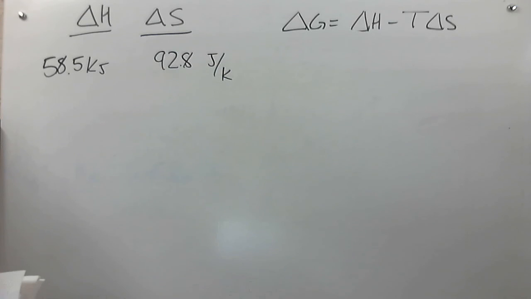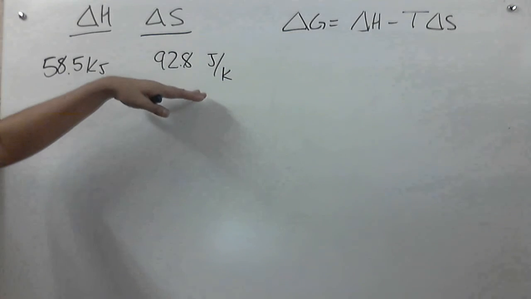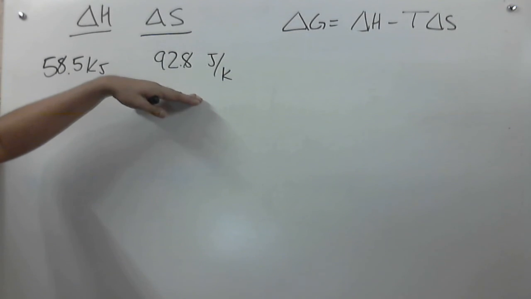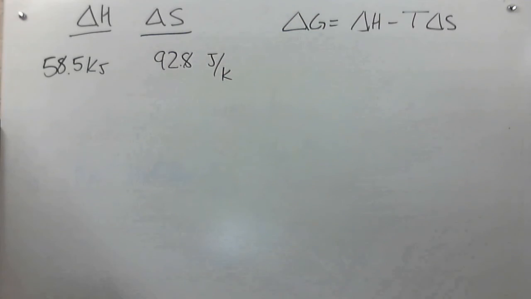All right, here we go. Number 41. Let's go and read it out loud. So they want the vaporization of mercury. Heat vaporization is going to be 58.5 kilojoules. They give us the entropy, delta S, as 92.8 joules per Kelvin, and we want to find the boiling point